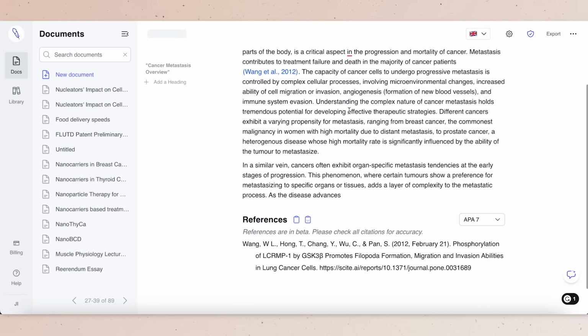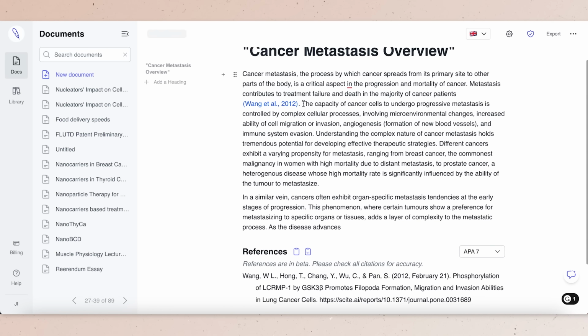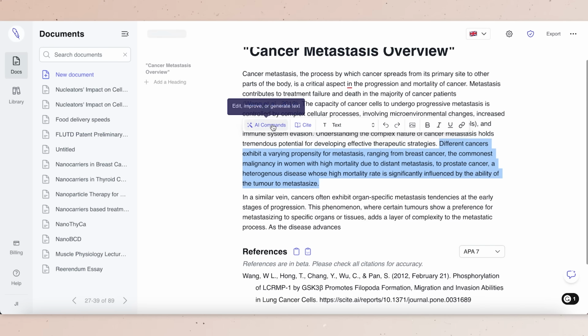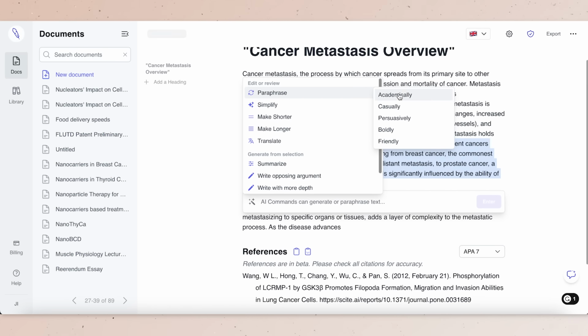Okay, so you've done some reading and you want to try to paraphrase. So the best way you can do this using Jenni.ai is to highlight and use the AI command. Now you can highlight however much you want. In this case, the highlighter that I've just showed you now is the part that I want to change, but I'm going to start by just highlighting a smaller part of it where I want to paraphrase. And you can choose what style of paraphrasing you want. In my case, I'm going to go with academic.